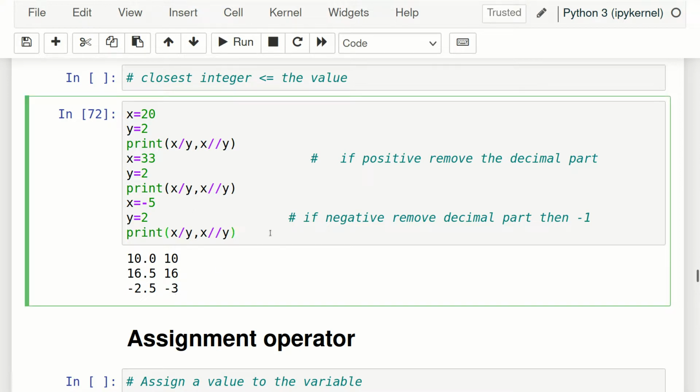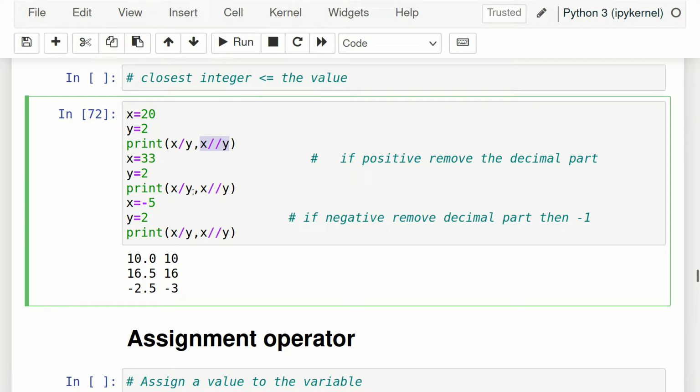Okay, so the shortcut for integral division is this. If normal division is giving an integer, then integral division will also give that integer. That is straightforward. So this is giving 10, and this is also giving 10.